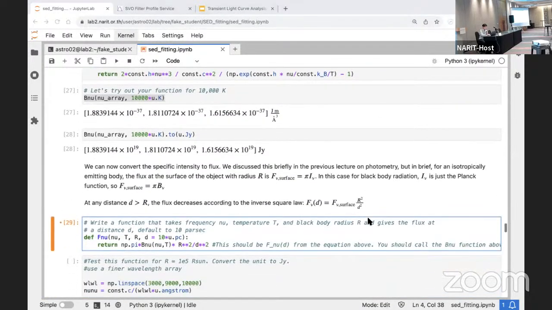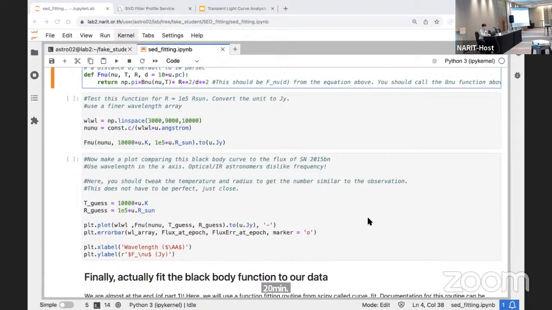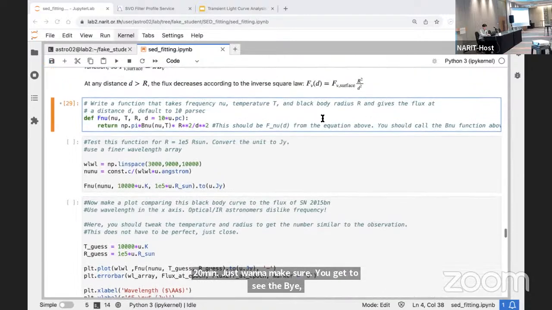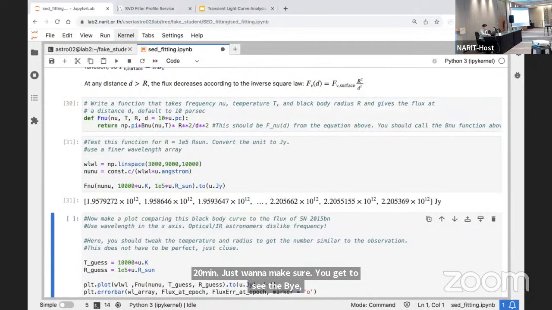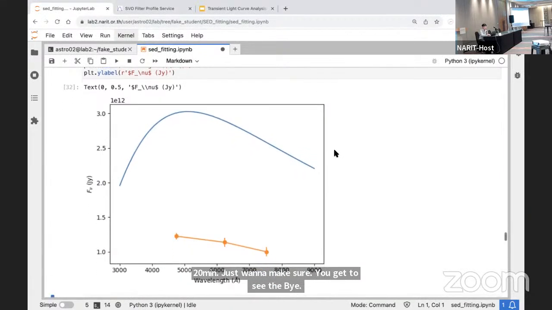Got 20 minutes left. I just want to make sure you get to see the black body fit over the data. So if you see this terrible fit to the data,